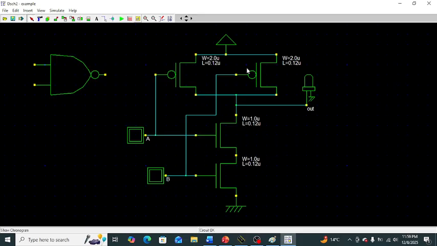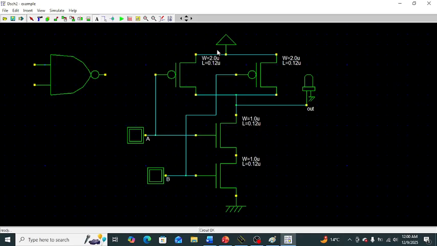Now if we want to design a layout for NAND logic gate, for this purpose we use the Microwind layout editor tool. Now we have 2 NMOS and 2 PMOS. This NMOS is connected to the pull-down network and PMOS is connected to the pull-up network. Pull-down network is always connected to ground supply and pull-up network is always connected to VDD supply. Here we observe this diagram.